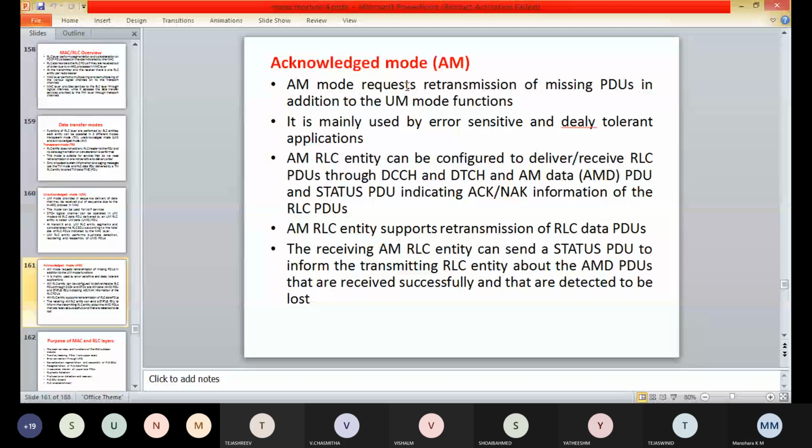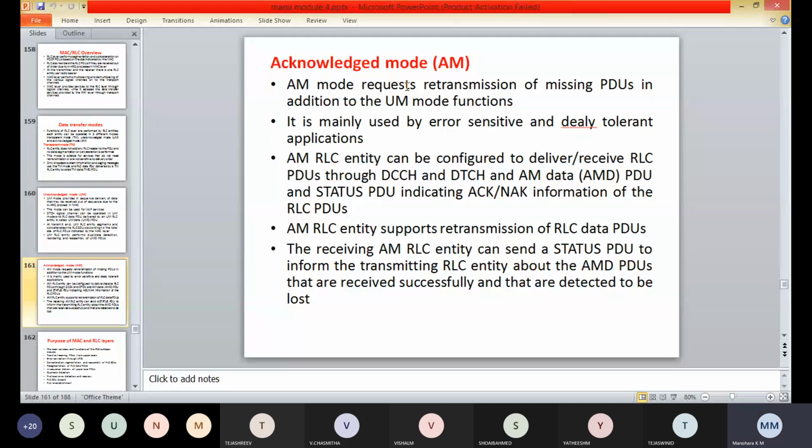In addition to the functionality of the UM, it is suitable for delay tolerant applications. The AM RLC entity can be configured to deliver and receive the RLC PDUs.